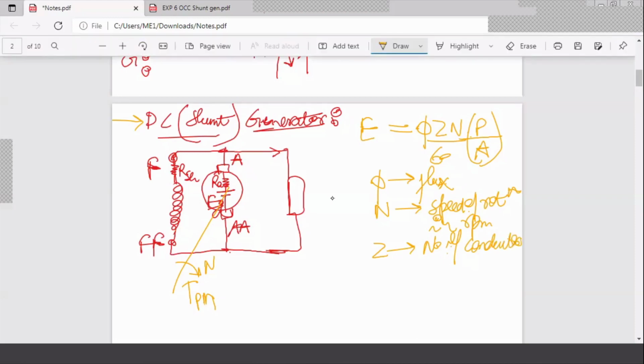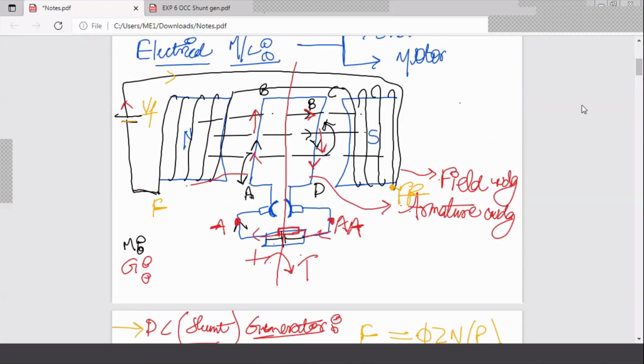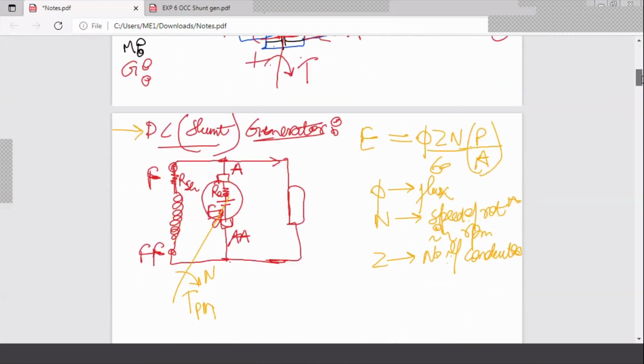So whenever I say number of conductors, what does that signify? That tells us that this is just a single coil which we have represented in this armature. But you will have multiple coils like this throughout the periphery. You'll have a high number of conductors, and all of them will produce some induced EMF, and this would be the total EMF we are calculating. So it gets multiplied by the total number of conductors Z. So Z is the total number of conductors, phi is the flux, N is the speed in RPM.